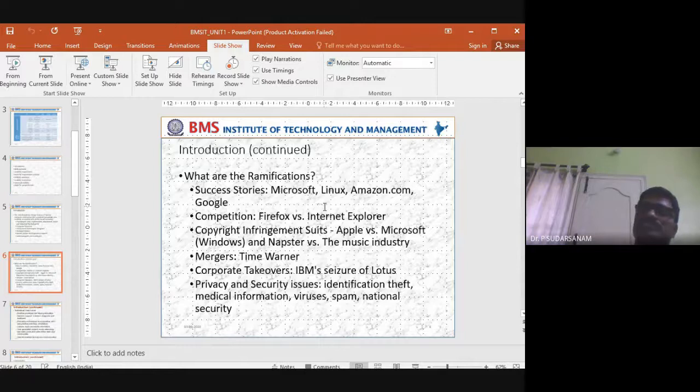Any business, these are all successful business people. Even Reliance you can take. They started from a small business, and now he is the richest person. So all these things are motivation for us whenever we are entering into any field. We have to see all those things also. So these were the success stories.